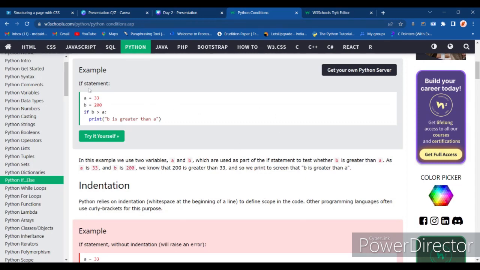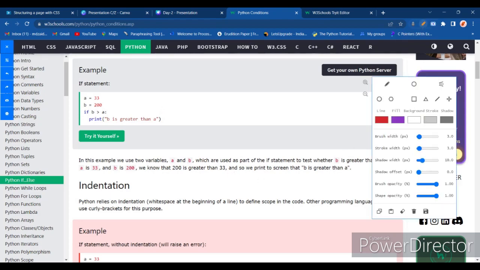Let's learn what the if, else and elif statements are in Python. Like in English, we say that if a certain condition is true, then we do something, else we do something else. Like that, in Python also we have the if condition. Say a value is 33 and b value is 200. If b is greater than a, obviously 200 is greater than 33, then it will print that b